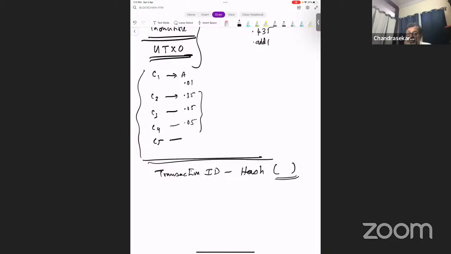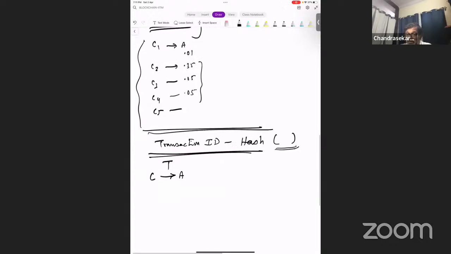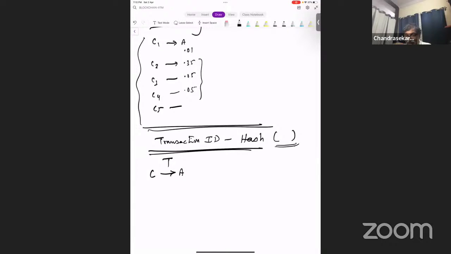So you have to refer to this transaction. There is a transaction in which there is some money transferred to this transaction ID. Let us call this transaction T. This T is from C to A. A is referring to this because based on the ownership he got from this transaction, he is going to give it to B. So before giving from A to B, what A has to do is refer to a transaction